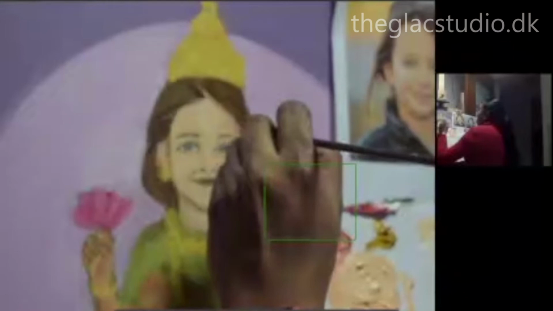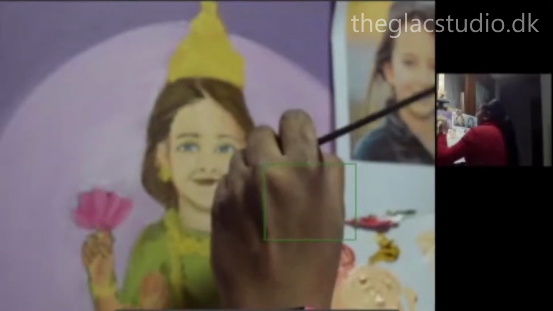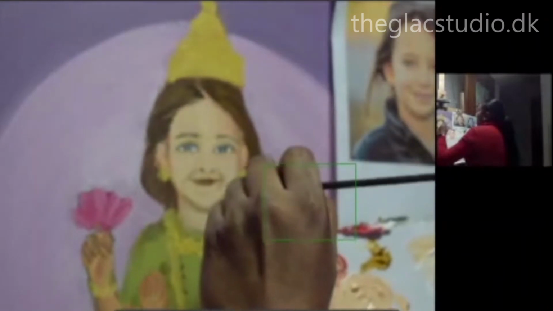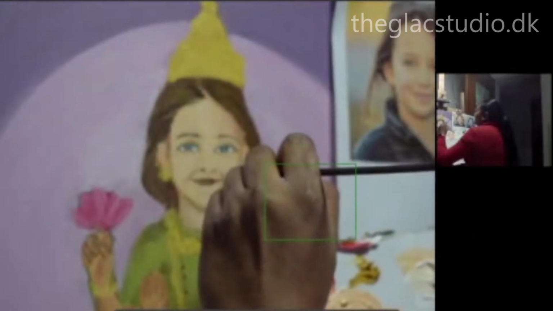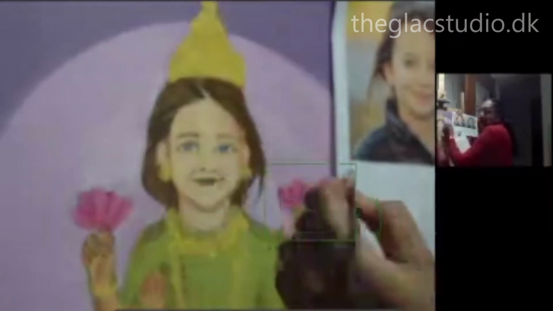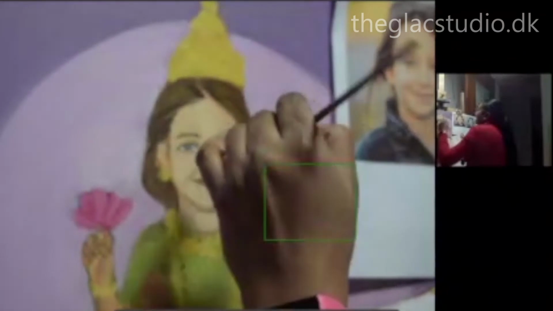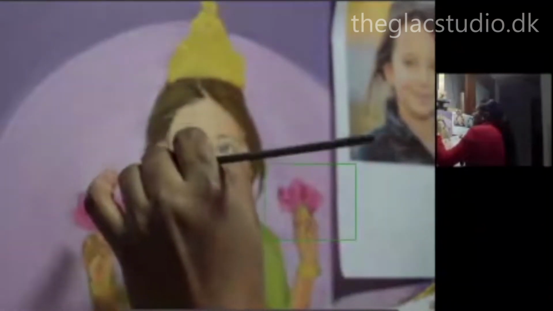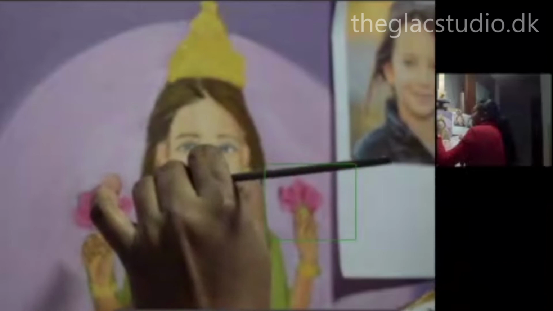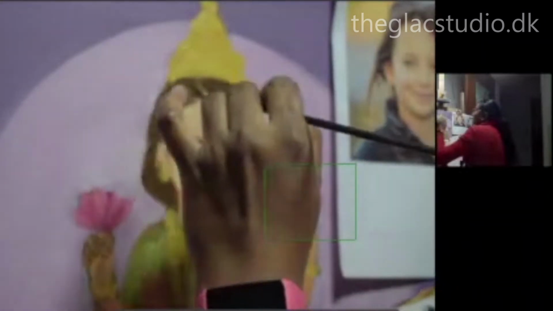So I play around with these two colors now. So let's go ahead, do this. I'm doing the brown with the burnt umber with yellow ochre, and this time working on the sides of her face where the hair strands are. And now I will also start pulling in some thin hair strands the moment I am done with the filling. So I'm doing this, and I quickly shift to the black as well to start giving that